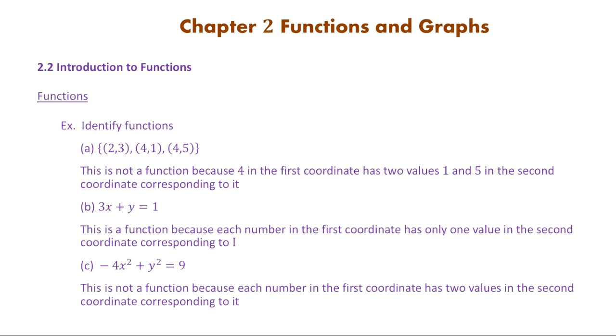Letter C, negative 4x squared plus y squared equal to 9. This is not a function again, because for each value of x you plug in, you're going to get 2 values for y. When you take the square root, remember, you solve for y by taking the square root after you move the 4x squared to the right, okay? When you take a square root, you get the plus or minus for y. So there are 2 values for y for each value of x. So that's not a function,